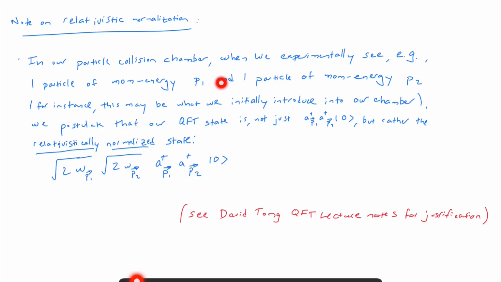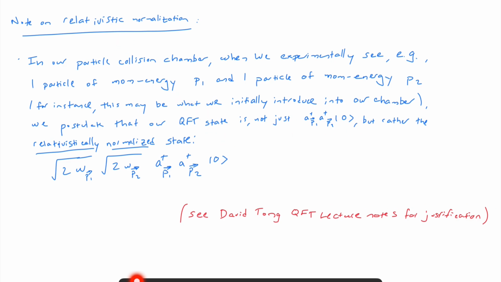We postulate that this state is not just what we've talked about in great depth, where you take the vacuum state and apply the creation operators, a dagger sub P2 acting on 0, and then a dagger sub P1 acting on that. That does give us a 2-particle state, but to be consistent with relativistic normalization,